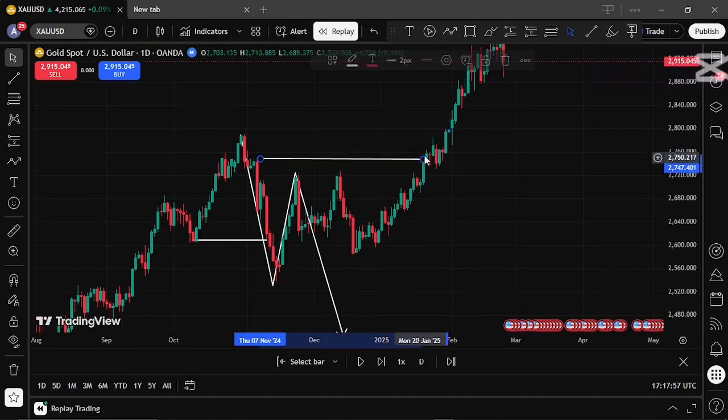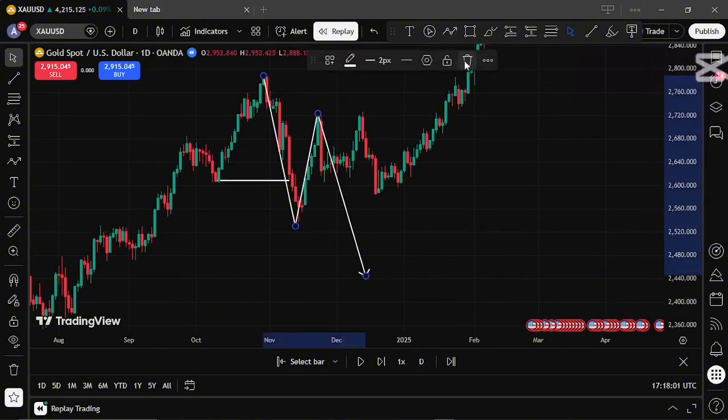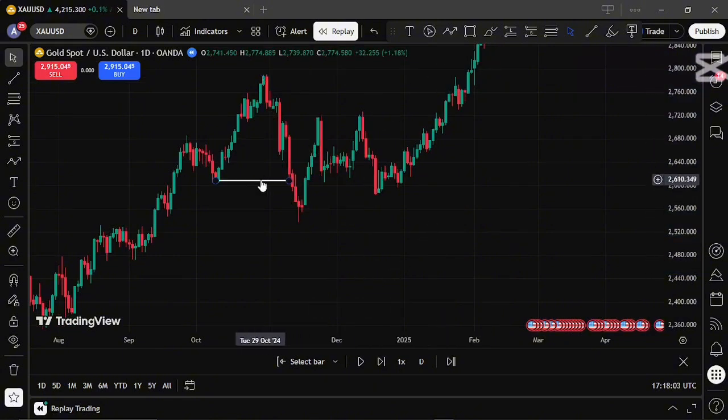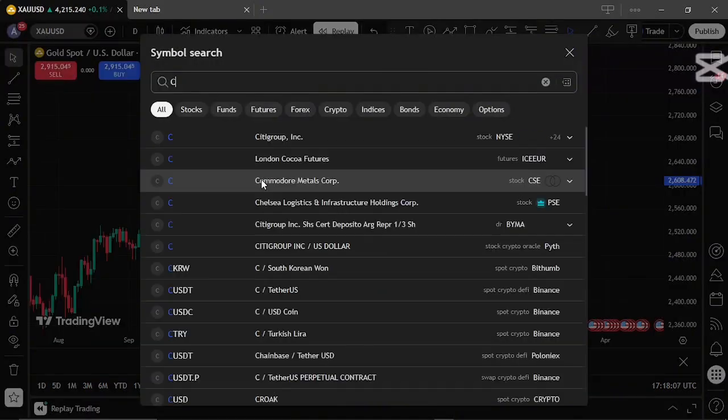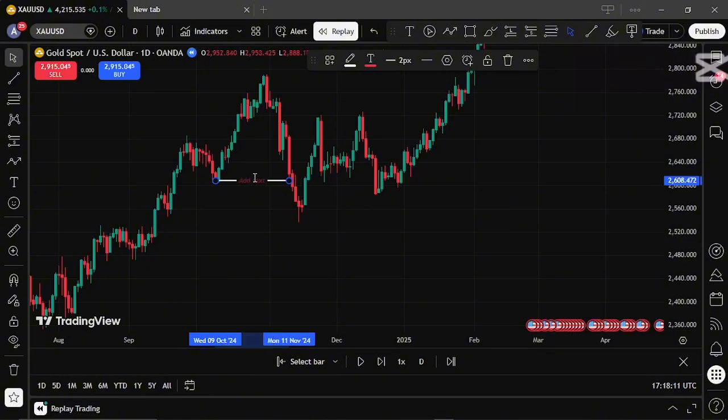The first reason is that here it was a fake change of character. Let me even name it. Let me put it in red to show that it's actually a fake one. So this was a change of character that was fake. Why was this change of character fake? It was fake because here we had